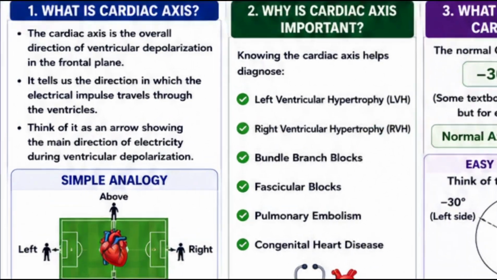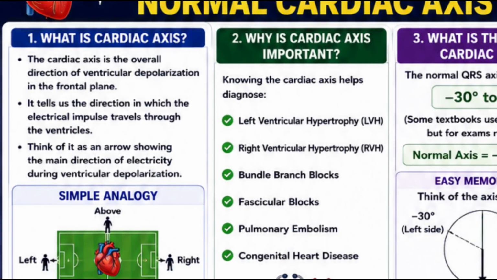So you can see here, what is cardiac axis. First, we have to understand the thing. The cardiac axis is the overall direction of ventricular depolarization in the frontal plane. So, in simple words, the cardiac axis tells us the direction in which the electrical impulse travels through the ventricles. Think of it as an arrow showing the main direction of electricity during ventricular depolarization. In simple analogy, imagine